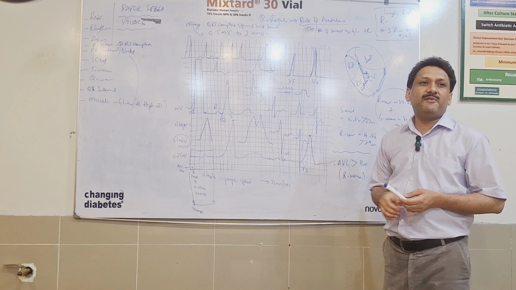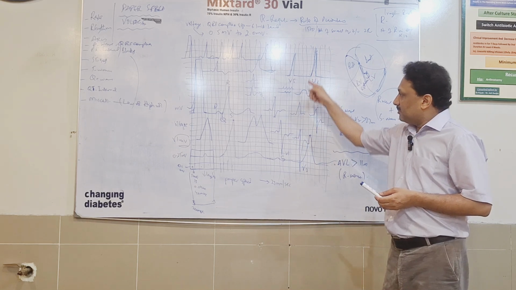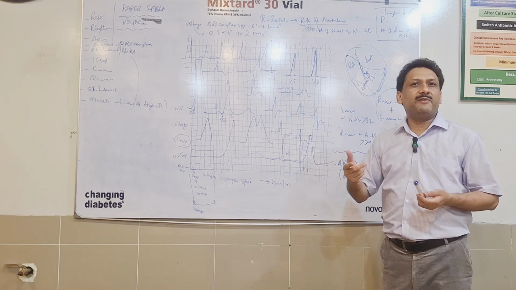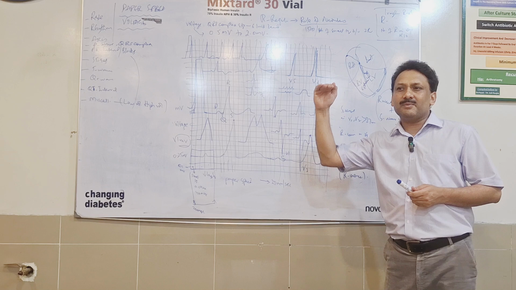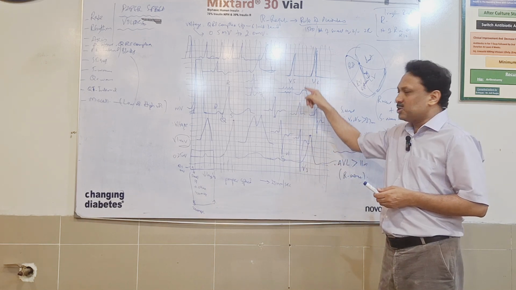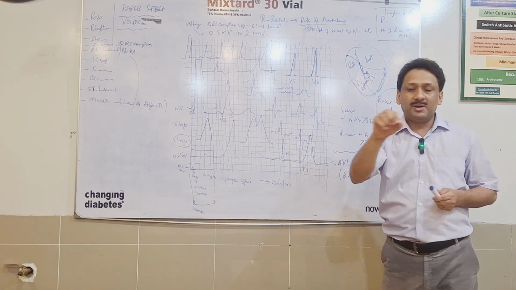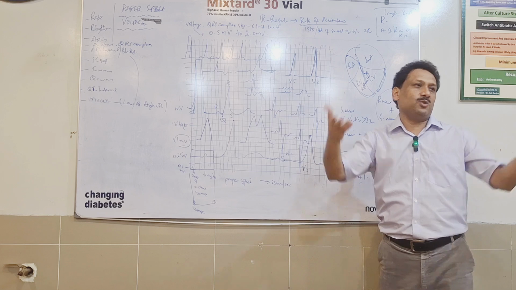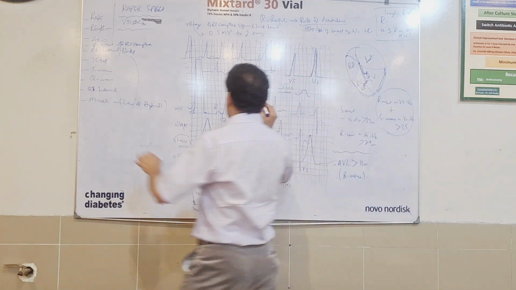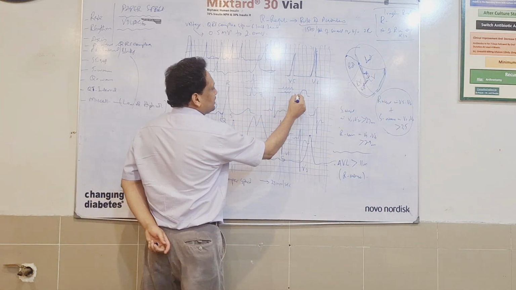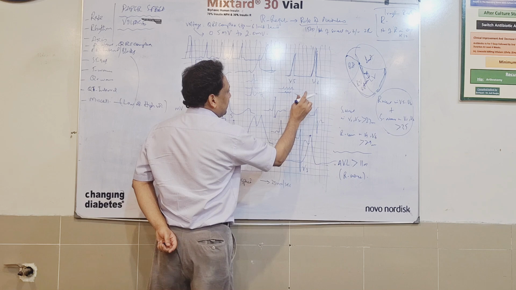Broader than 2.5. Peaked 2.5. It should be lesser, its amplitude should be less than 2.5. Its breadth should be less than 2.5. As simple as that. So in a person, if I am drawing this P wave and this P wave is